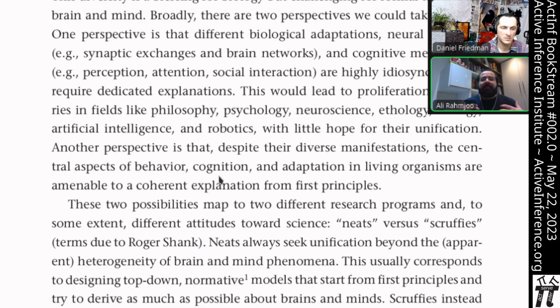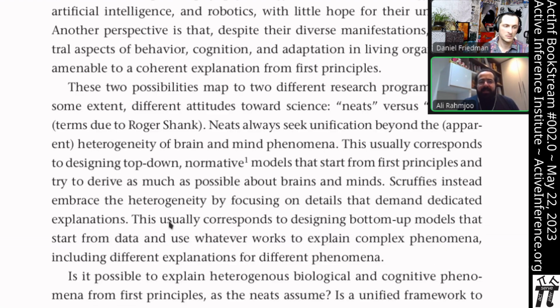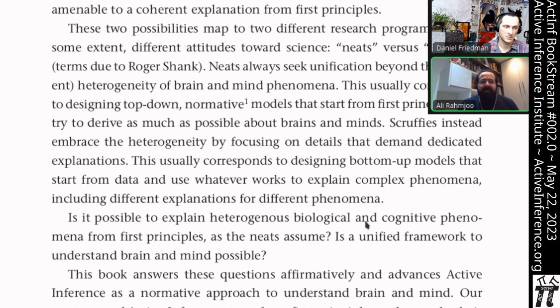And what is meant by first principles will be elaborated upon in the following sections, and also obviously in the following chapters. But very briefly, it's a kind of modeling framework that tries to use